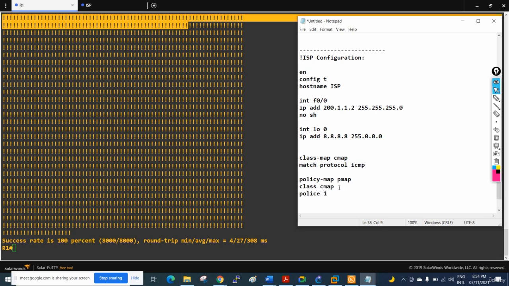I will give one number. You can give any number depending upon. I am saying that if any traffic is reaching to this one, allow them. If traffic goes above this limit, drop them. So we can write policy, and we can define a limit. After that we can say conform action